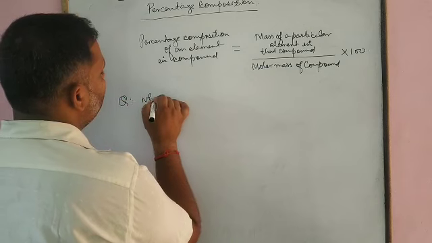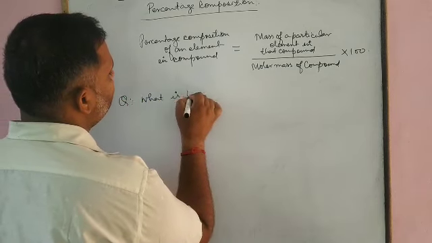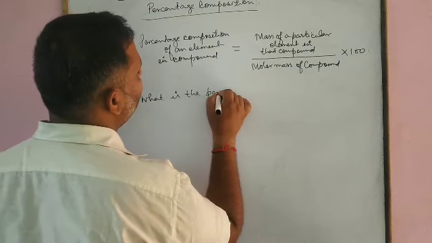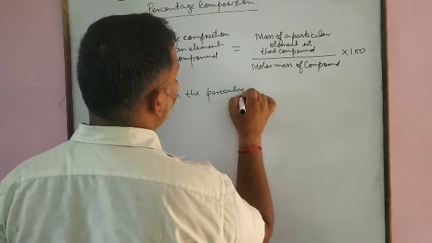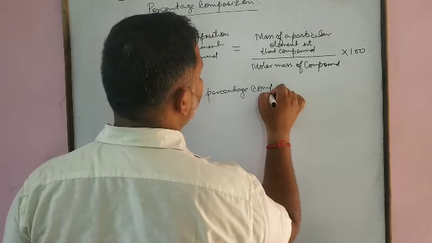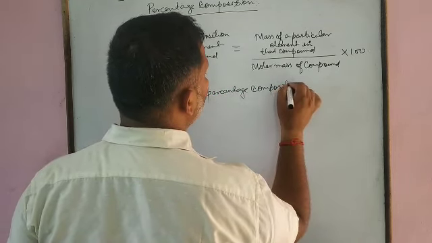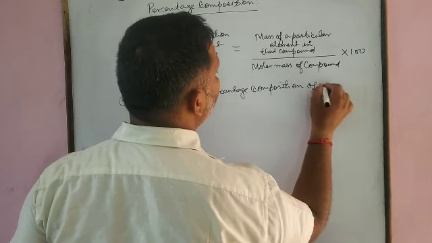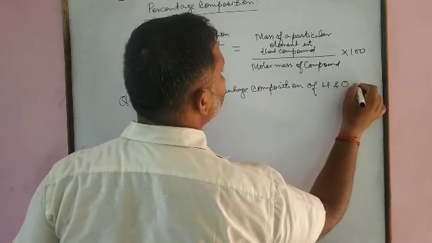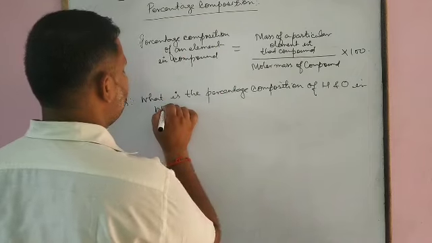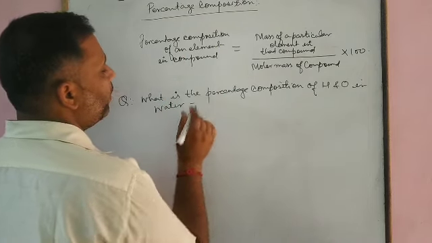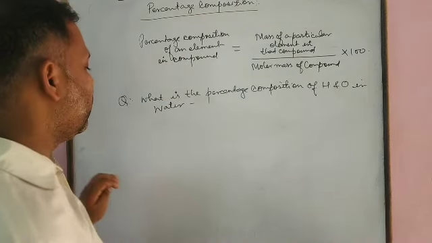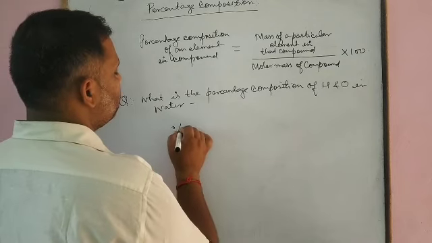What is the percentage composition of hydrogen and oxygen in water? In order to calculate it, what we know? Percentage composition